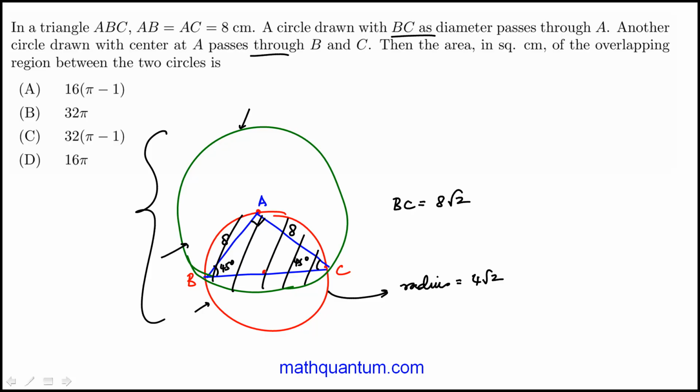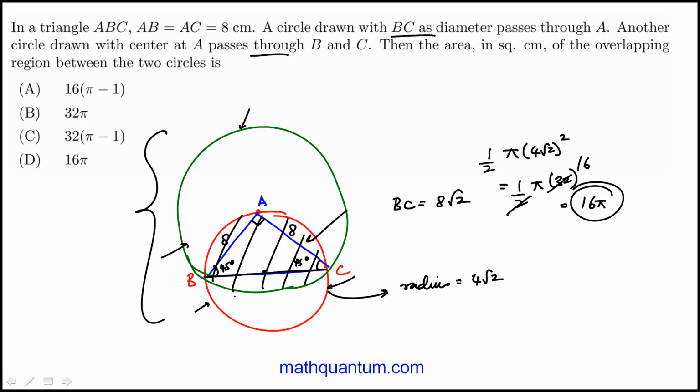Now you can think of it as in two parts. One is this upper part, which is half the area of this red circle. So that would be half pi 4 root 2 squared. So that's 16 times 2 is 32. So that's 16 pi. And then I need to add this sliver here, which is really the part of this